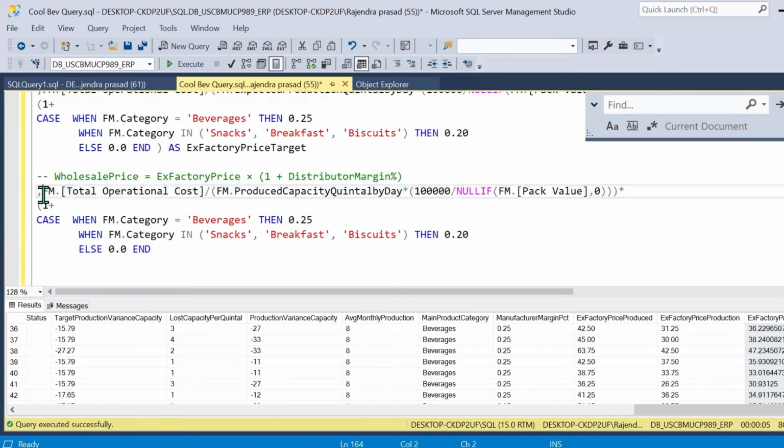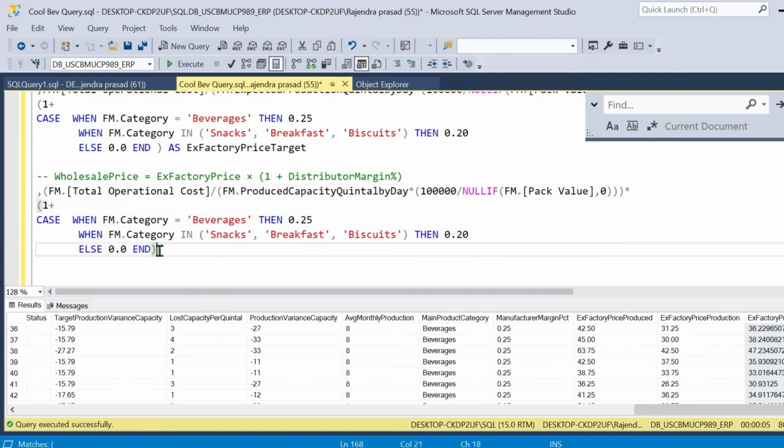Okay, let me open the bracket and close the bracket after the end. Okay, we added x factory price. Next one is multiplied by. Let me add the multiplication symbol, and again open the bracket. 1 plus